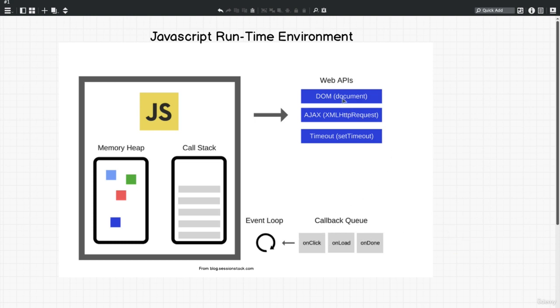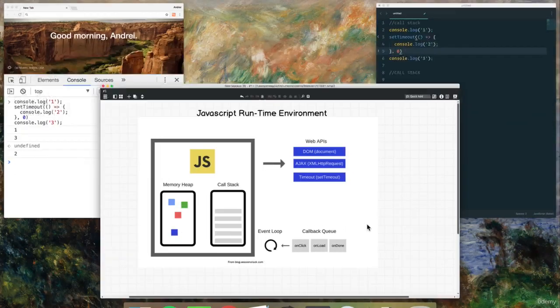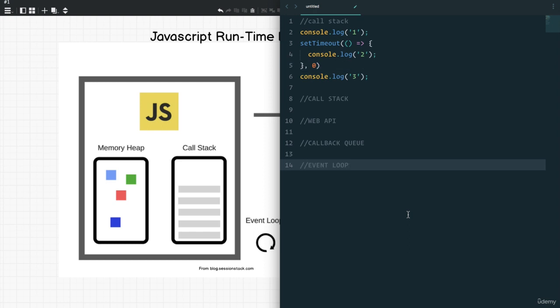Now, we see over here that we have DOM, AJAX, and timeout. And there's a few other things. But you also see in the callback queue that we have onClick, onload, onDone. Do you remember the event listeners? Well, with an event listener, we had something like an element, and we added event listener. And in this event listener, we could say listen for a click, and it will have a function that perhaps